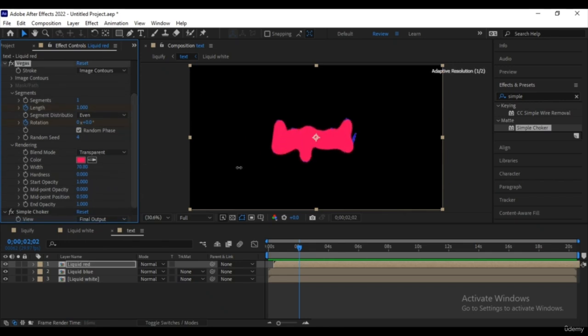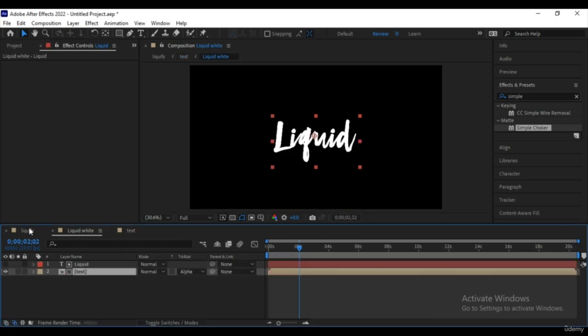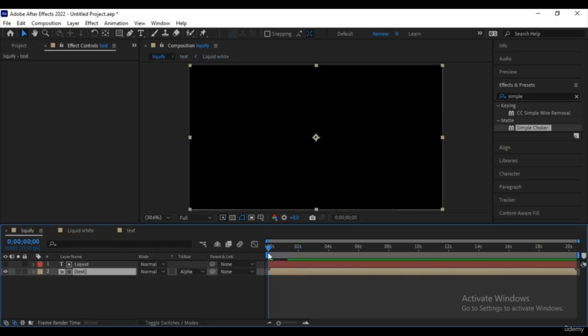Let's widen the width in the Vegas effect on this liquid red layer to 100, the maximum width, and go to the liquify again, and let's play. It would create something like this.